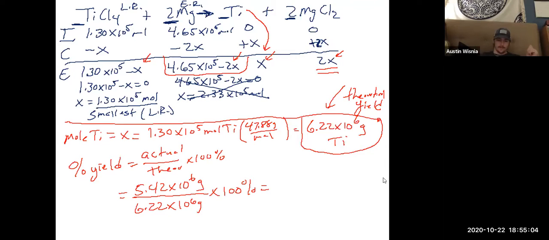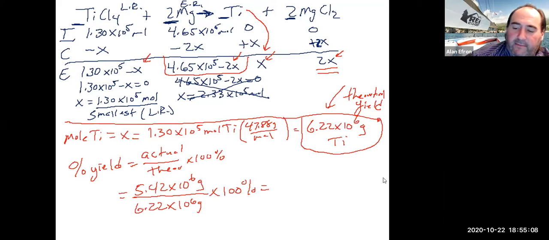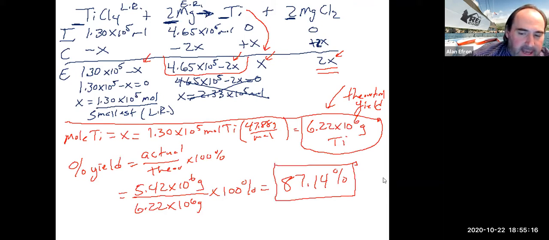I got 87.3. Sounds good. I'm putting extra negatives in my numbers and having that dramatic pause, but I agree with you. 87 point, what did you get there? 14, 13, something like that, depending on your rounding. And that would be our percent yield in this case. Not too bad, 87%. It's decent. Probably in terms of numbers and sig figs, probably 87.1, as we started with pretty much everything with 3